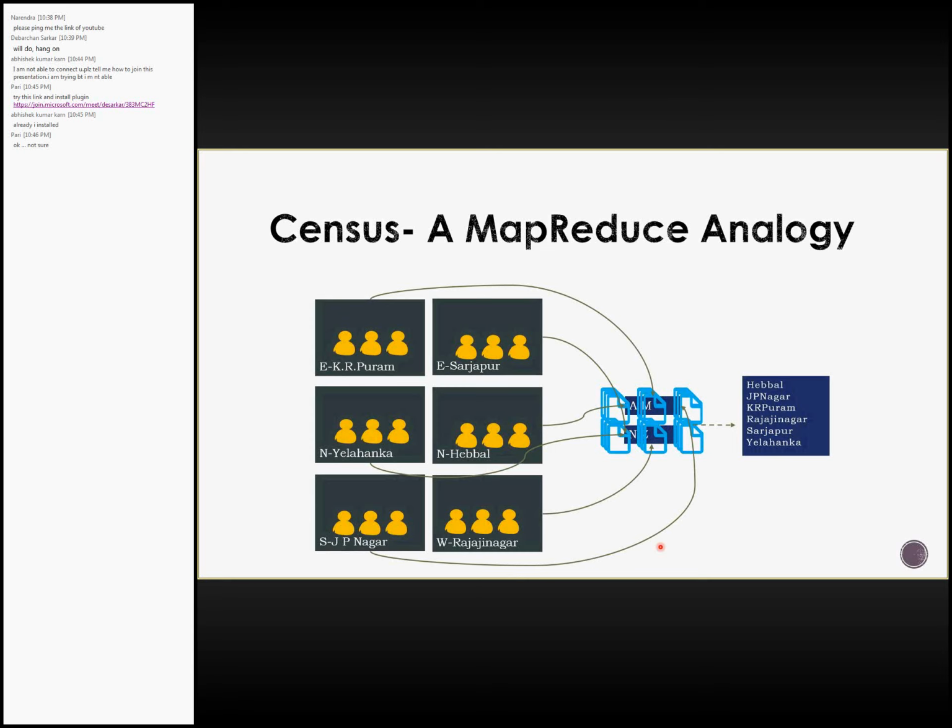So this is how our census could work. This is how I assume it to be working. Now 2 pieces I want to highlight here: first, we sorted the data between A and M, N and Z, and then we merged the data. After merging, we will get to know that within Hebbal there are this many people, within JP Nagar there are this many people, Kerpuram, Rajesh Nagar. So we have merged this, and if you can see, even the merged data is in sorted order. I haven't picked up the numbers because that is not my highlight. All I wanted to explain here is